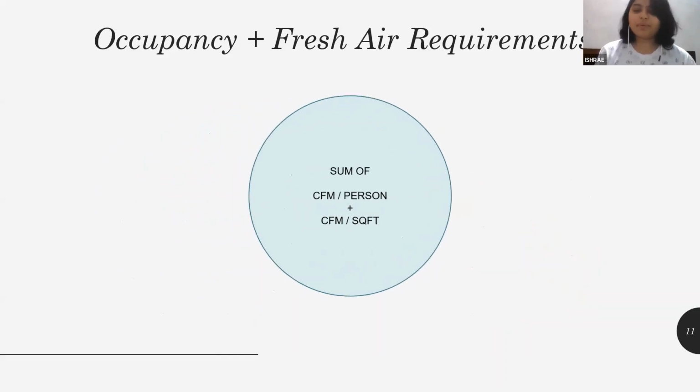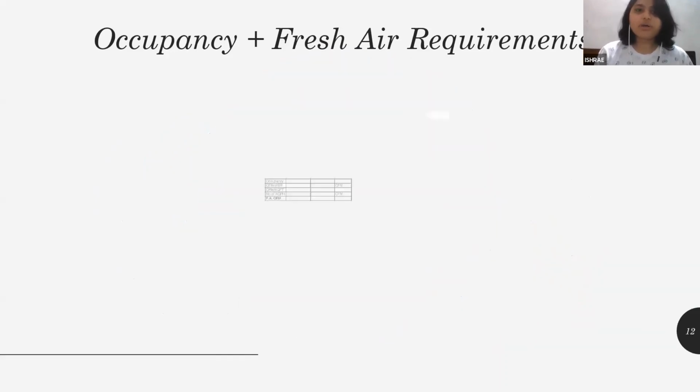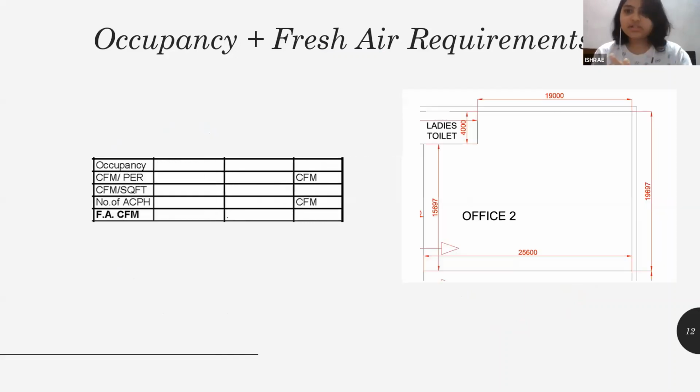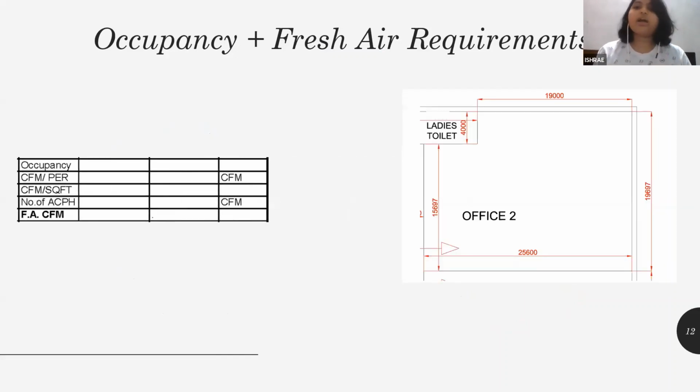Now, CFM per person plus CFM per square feet. If I'm talking about occupancy first, this is my area that I want to calculate the occupancy for. Are you all able to see any number of seats given here? It is an office, so benches and seats should be available, correct? But they are not. So therefore, I cannot count the number of people who are going to occupy the space. Has the architect given you the number of people who are going to occupy the space? No. So you have to calculate on your own judgment how many people are going to sit in this area. I'll show you all how. You don't have to guess. Please don't guess. I will show you all how to calculate it.